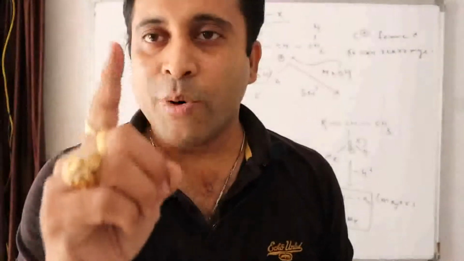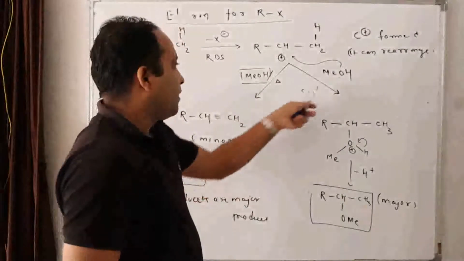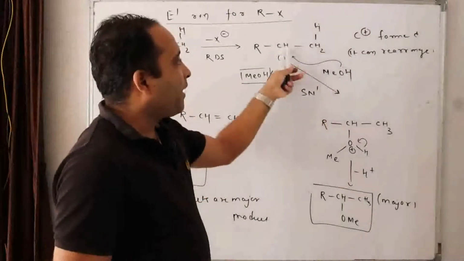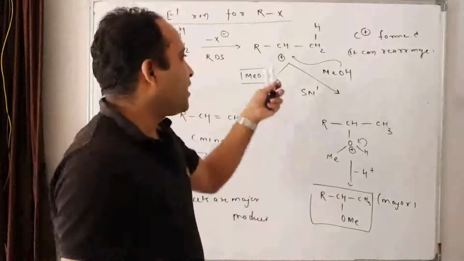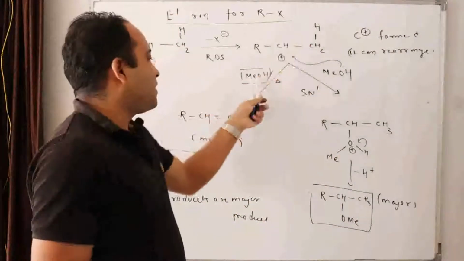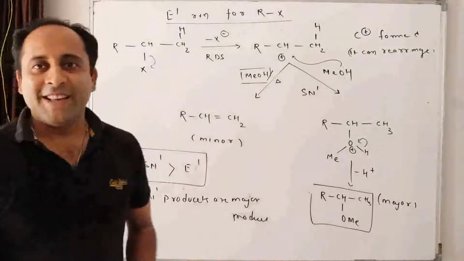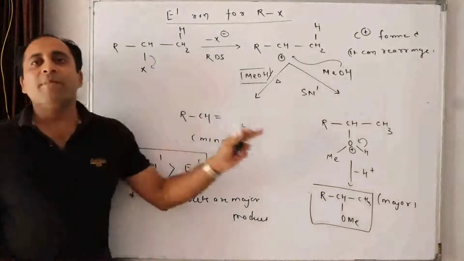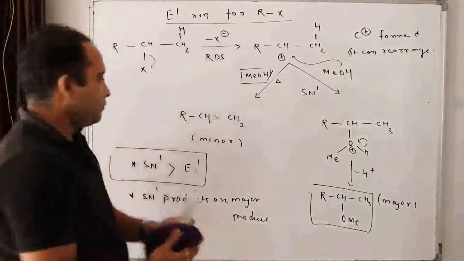First, carbocation can rearrange. Second, carbocations can add a nucleophile. Third, carbocations can take out the beta hydrogen in the presence of a base to form alkene. Okay. Easy. The next point, the key points of this reaction. What are the key points of this reaction?